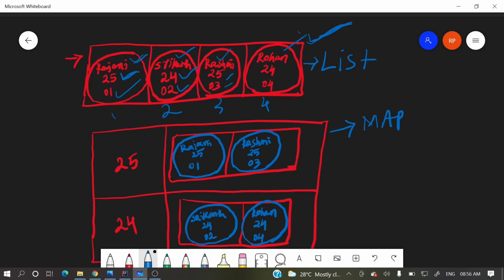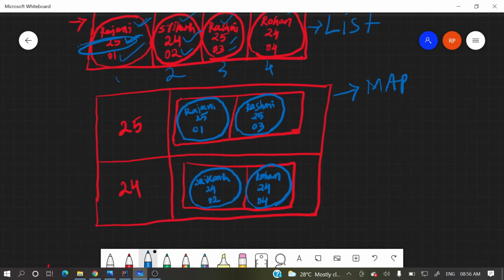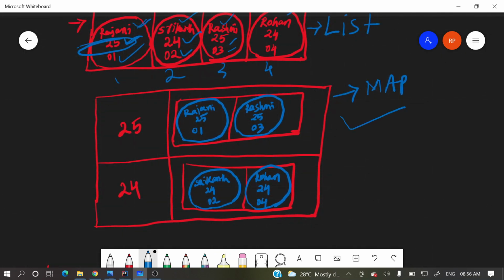If we apply the group by function with age, what happens? We'll get a map where the key will be the age, and the value will be a list of students having the same age.